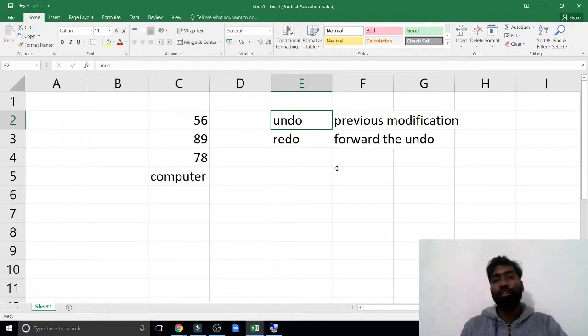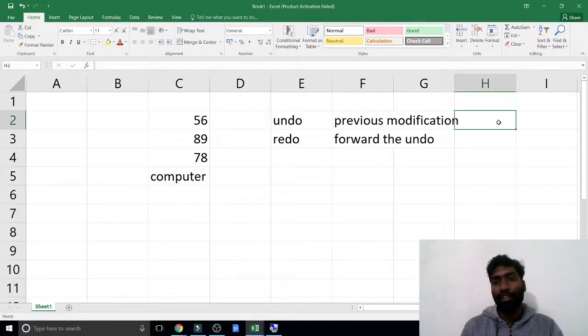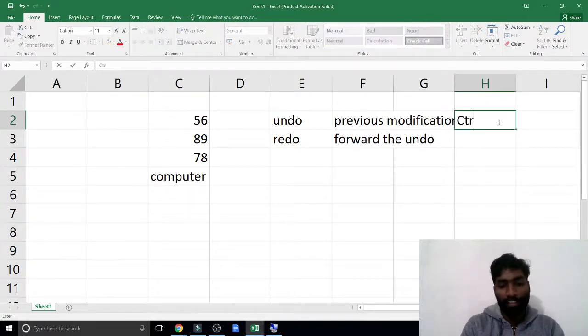This is a thing you should know. The shortcut for undo is Ctrl plus Z, and for redo Ctrl plus Y. So this is the shortcut.